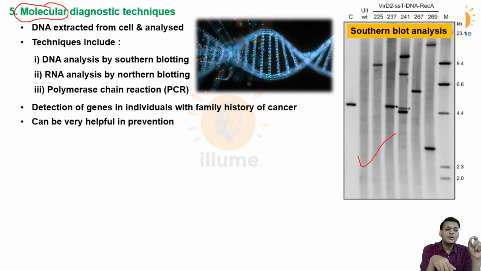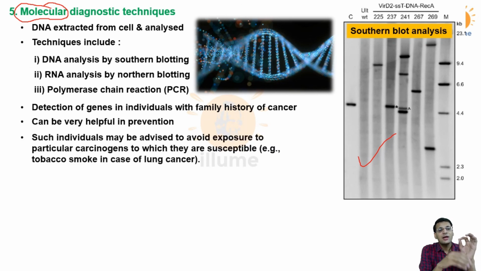Now if that particular individual has those genes analyzed and they give a positive picture, then there are chances that the person might get that particular cancer even with the exposure to a very small amount of